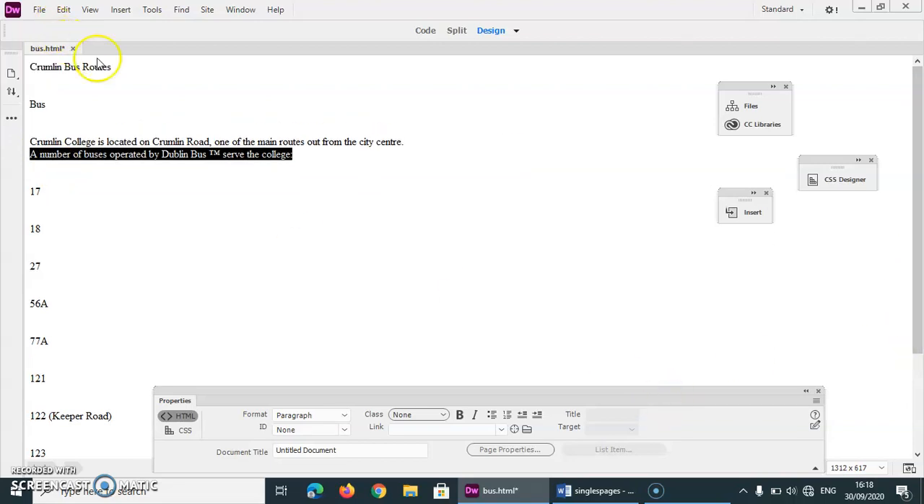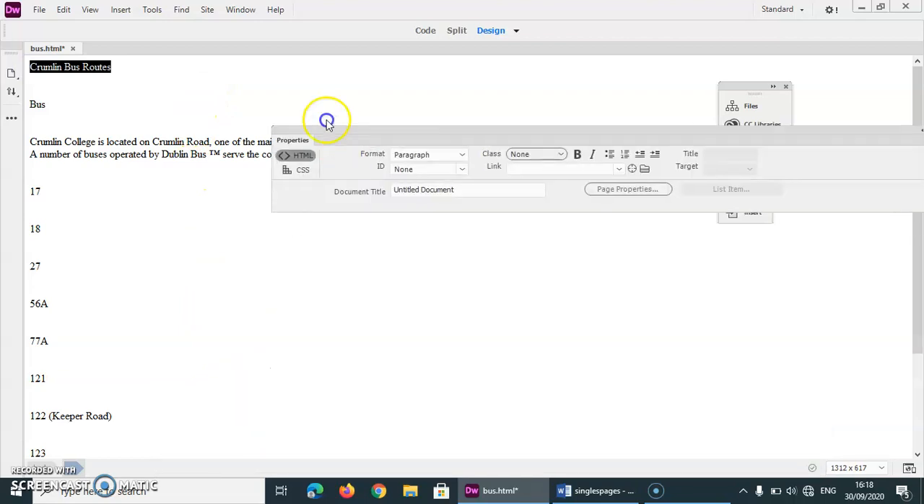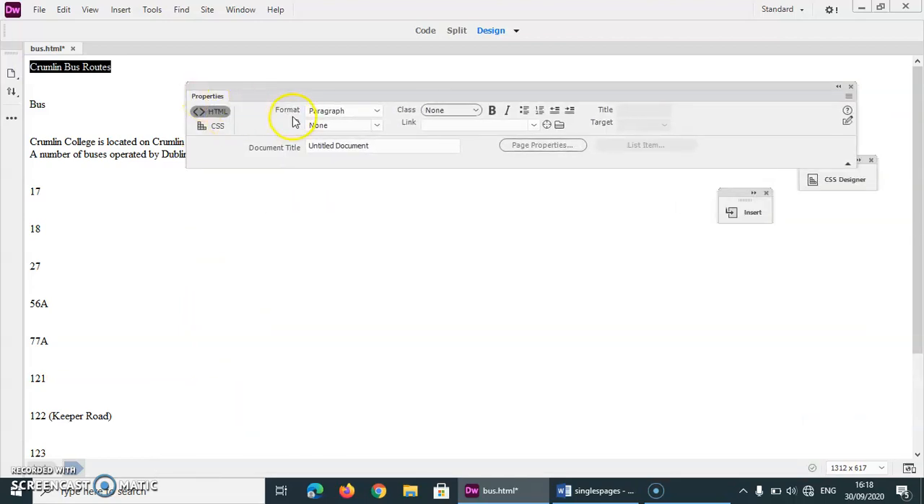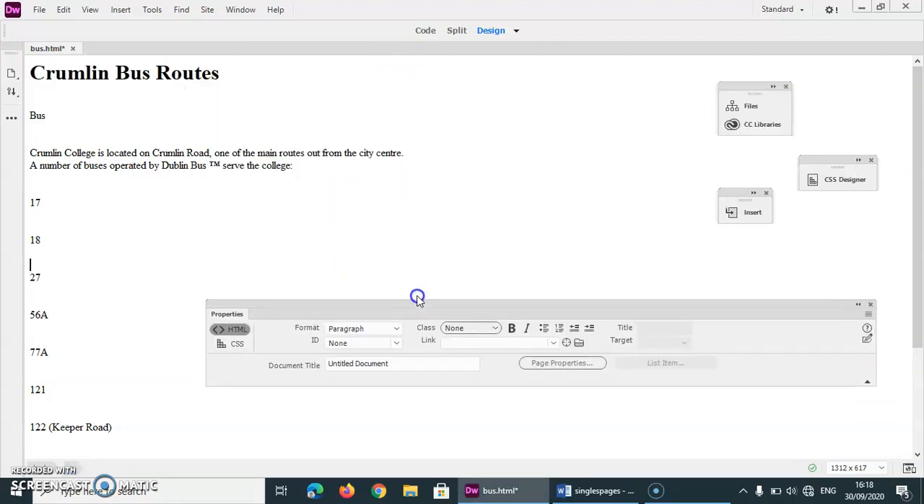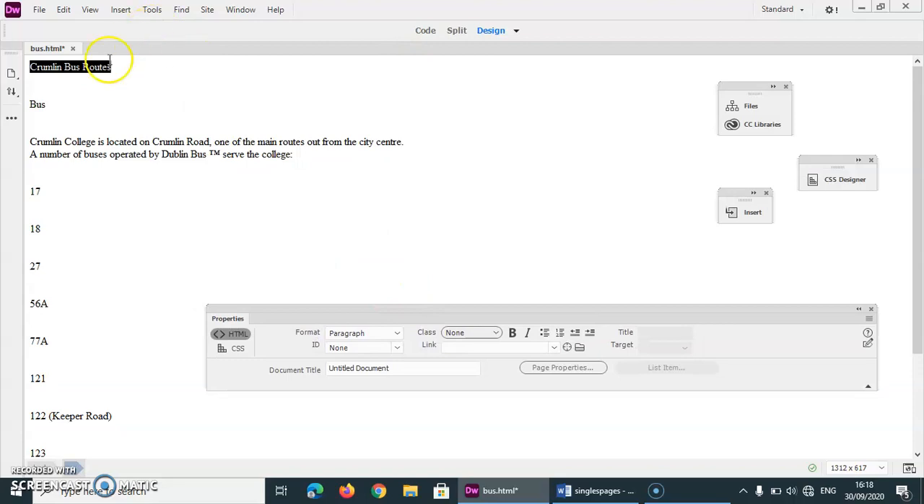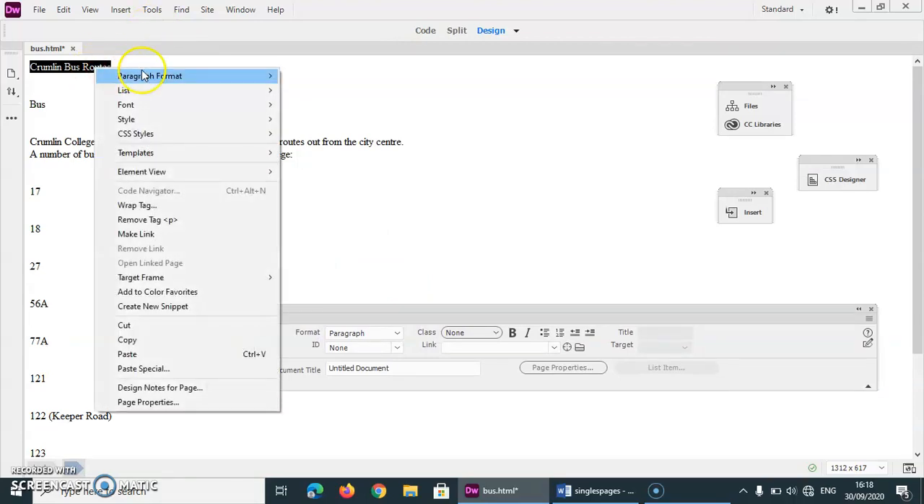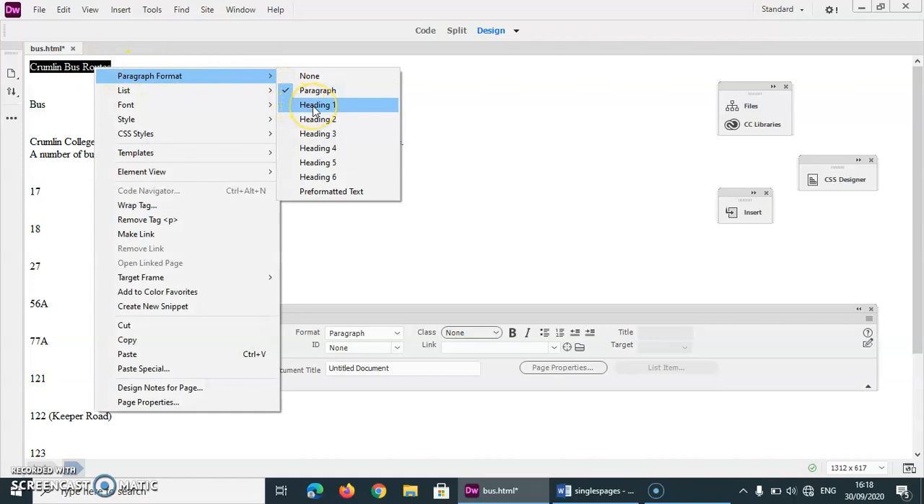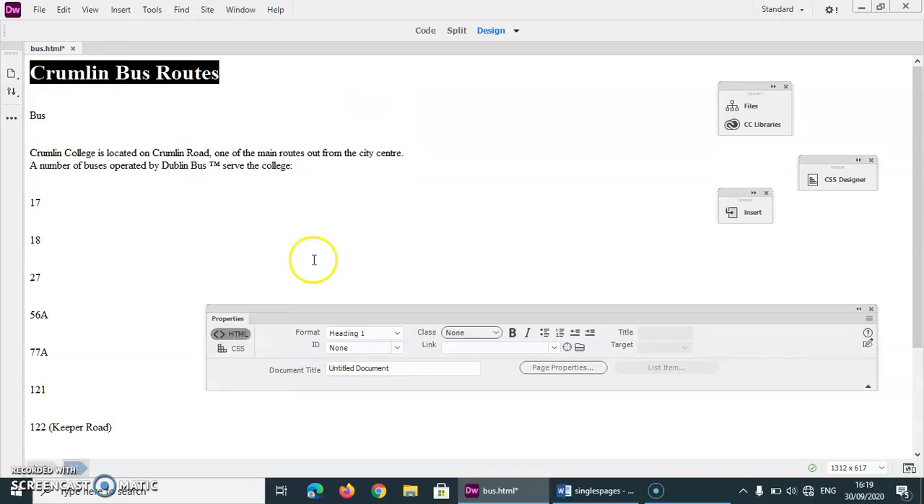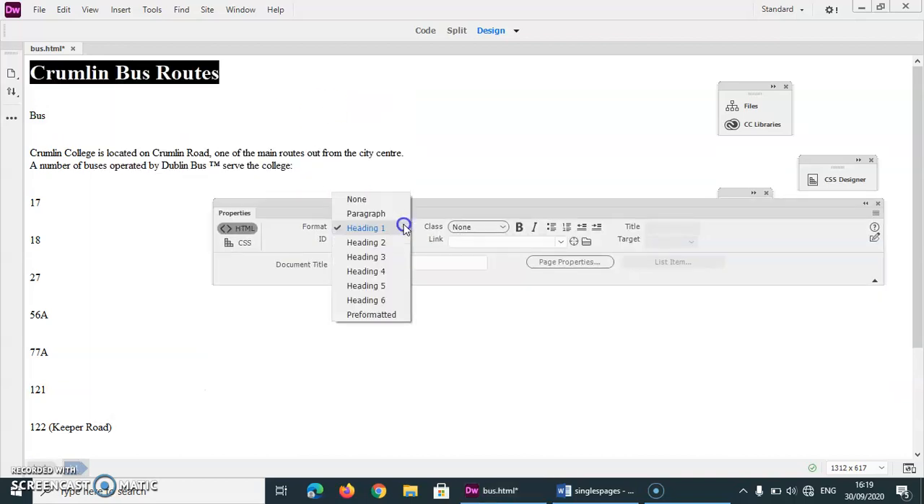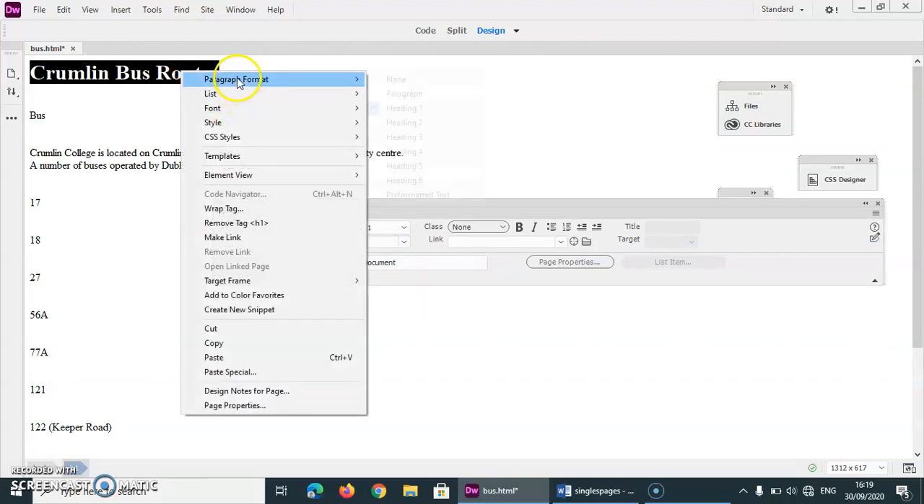Okay, so the next thing I want to do is I want to create a giant heading. The heading of the web page is Crumlin Bus. You can do it a couple of different ways. Number one way for me is your property panel. Go to Format, Heading 1. Okay. Control Z to undo that. The other way you can do it is right click with your mouse, paragraph format. There's all your heading sizes. Heading 1 is the biggest, heading 2 is slightly smaller, and the rest of them go smaller and smaller. So heading 1. So you can use your property panel, you can right click with your mouse, and then the other ways